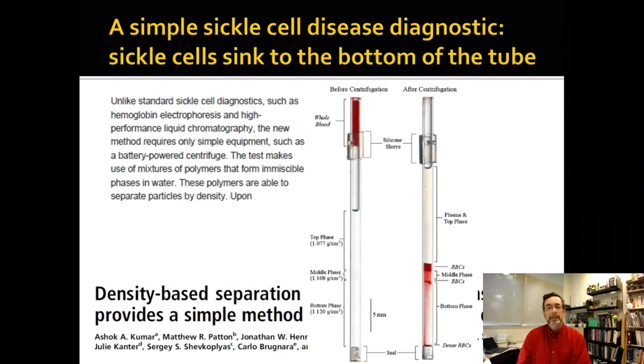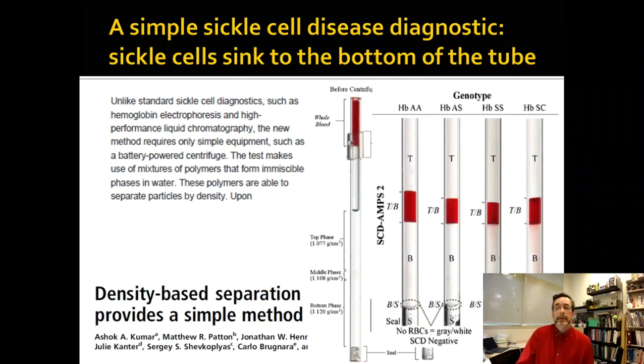And so you can actually detect the sickle cells directly just by looking at it using this. No electricity, you just need to have the little tubes which you can carry in a backpack, along with a hand-operated centrifuge. Very, very cool stuff. Here you have an example of a genotype homozygous for non-hemoglobin S, and you can have the sickle cell hemoglobin that will show up in the tube at the bottom. You have a big red band at the bottom because they have sickle cell anemia. They have so much of the S hemoglobin that it's forming fibrils.